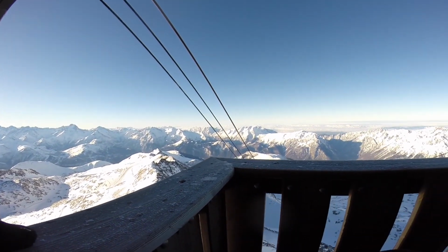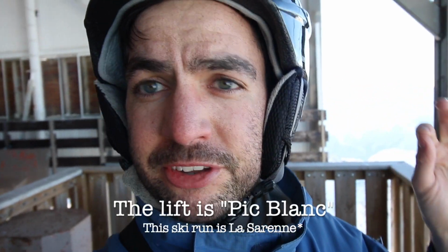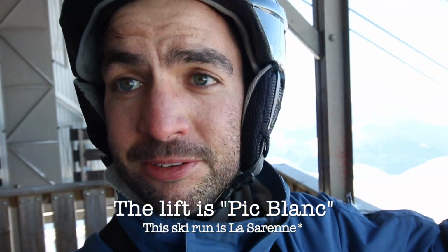That's pretty cool, isn't it? It's day 2 of our trip to the French Alps, and we've headed up to the top of the mountains this time. We're on top of a lift called the Sarenne, and we're getting some pretty awesome views down into